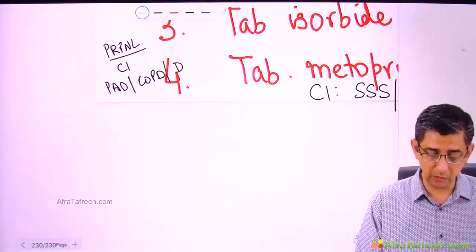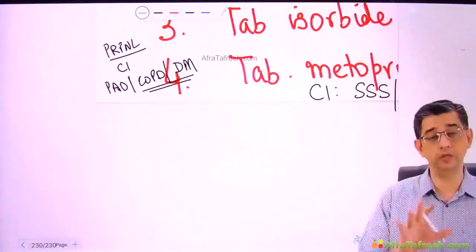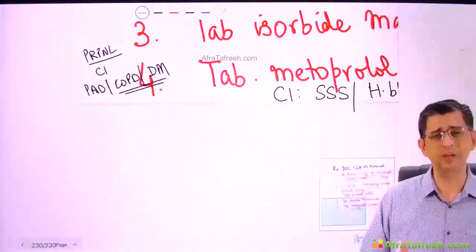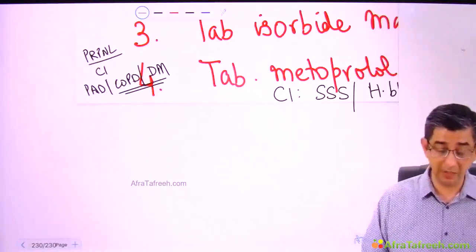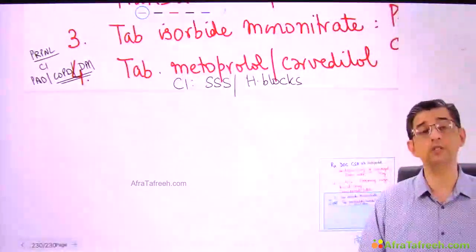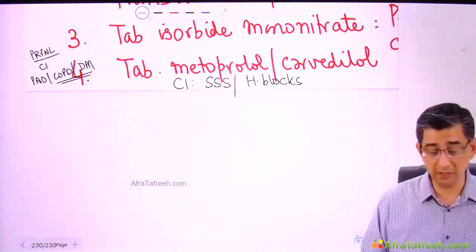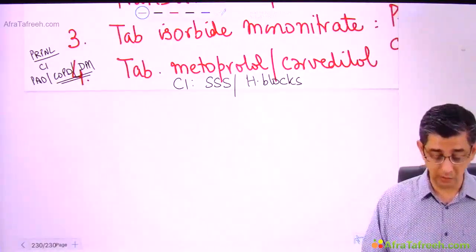I understand all those aspects. I mean, that's okay from the pharmacological domain, including diabetes mellitus. Well, in diabetes mellitus, why? Because it will mask the symptoms of hypoglycemia per se. The message is cardioselective beta blockers are not going to be recommended if a person has sick sinus syndrome or heart blocks. So what is the alternative that I have?